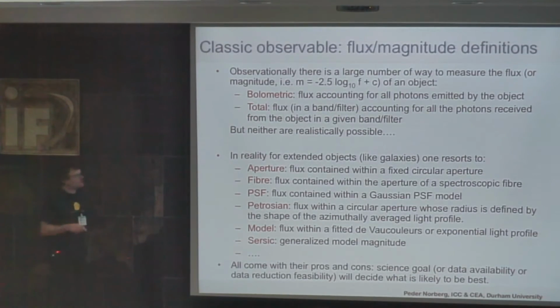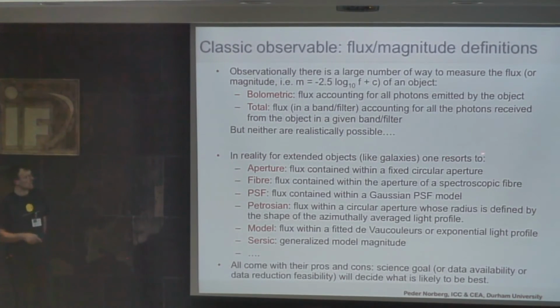Get all of the flux within the bandwidth of a filter, which have been received from the object. Now, "all" is a problem because though we can receive all of those we have received, we don't know all those which we were supposed to have received. And that's the problem of it. And then on top of that, how do you measure that? So they are actually realistically not possible.